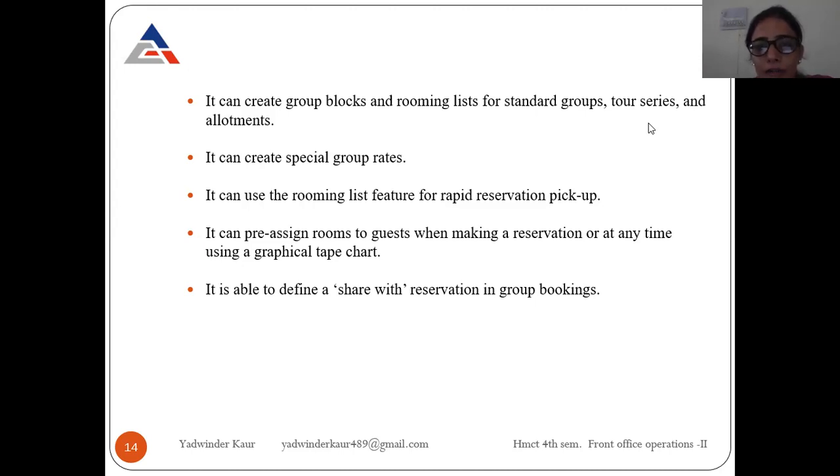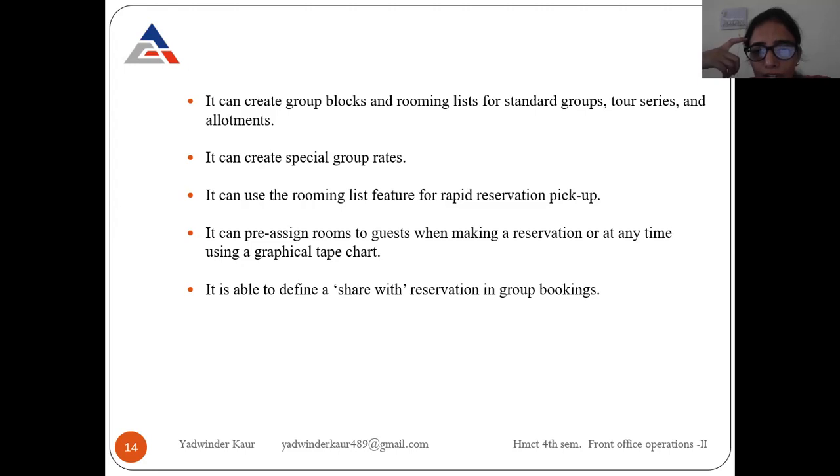Suppose it is today's arrival and today we have made the reservation, you can see on your room status that the room is available, ready, and vacant. So we can allot that room to the particular guest, right? So pre-assign, we can do the room assignment before guest arrival through the reservations module.